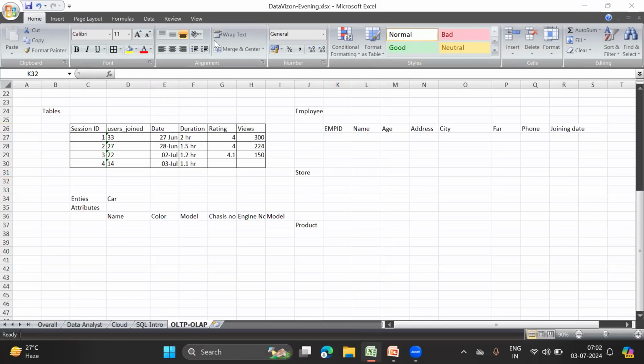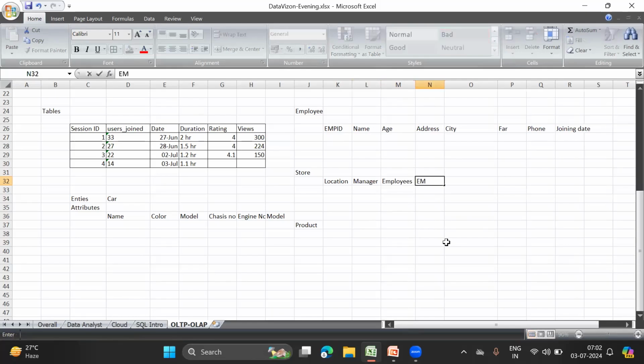Location of the store, okay, great. Branch manager, okay, region, great. So I can just write manager. Employees, okay, great. Number of employees who work there. Awesome. The employee size. Employee ID, okay. Employee ID you can also have. That's fine. And store ID, yeah, you will also have. Of course, we need store ID.